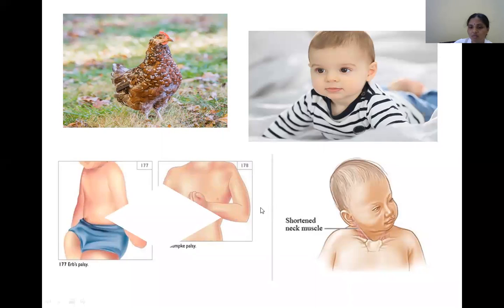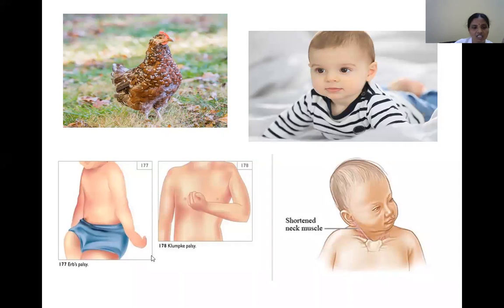So what are those abnormalities? According to this sternocleidomastoid, we'll discuss in detail. Then this is a palsy, one palsy. Here you can appreciate the limb. The left limb is in an abnormal position. So what is this abnormal position? The arm is hanging on the side of the trunk and medially rotated. Then you see at the wrist and fingers completely flexed.